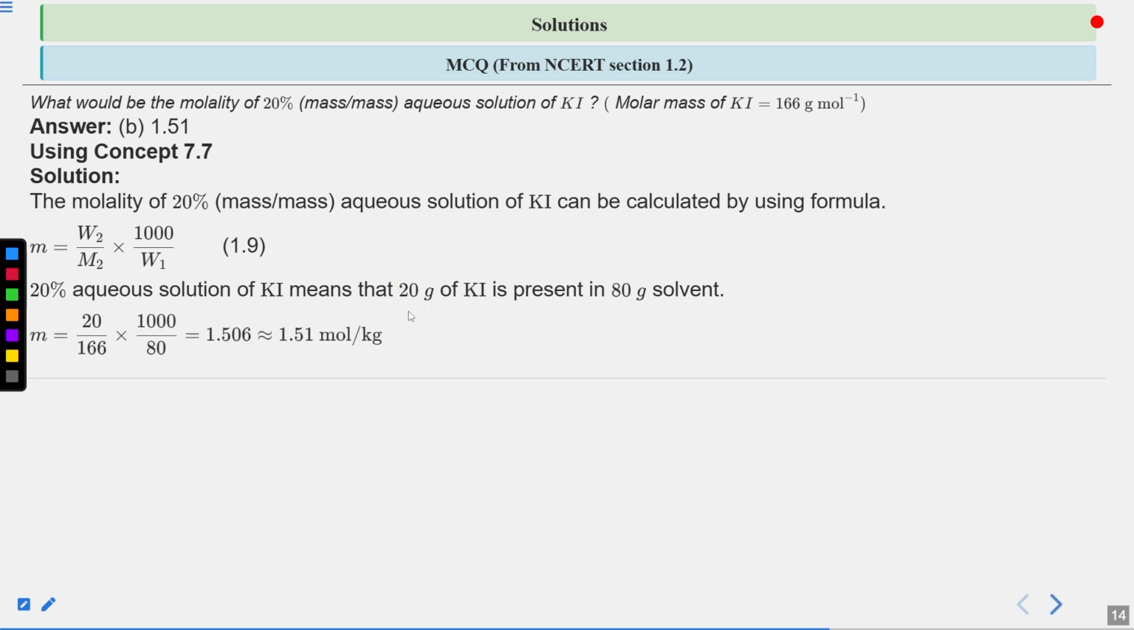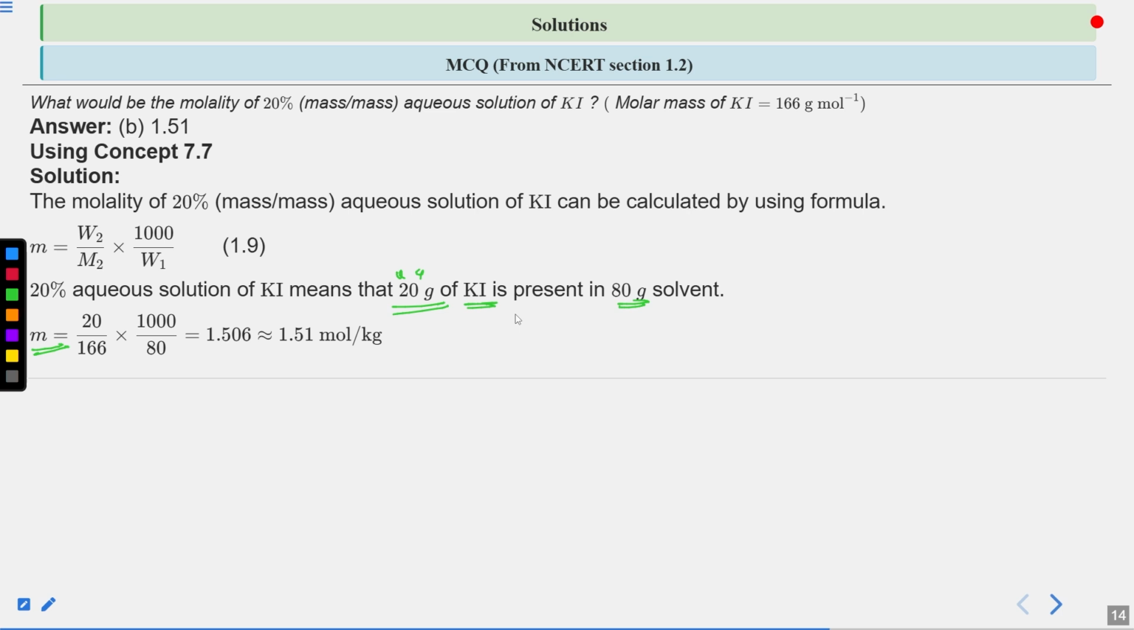So we simply put these given masses in our formula for molality, which is represented by small m. The molality will be the given mass of the solute, which is 20 grams. The solute is potassium iodide. The solvent is 80 grams. So the given mass of the solute is 20 grams, divided by